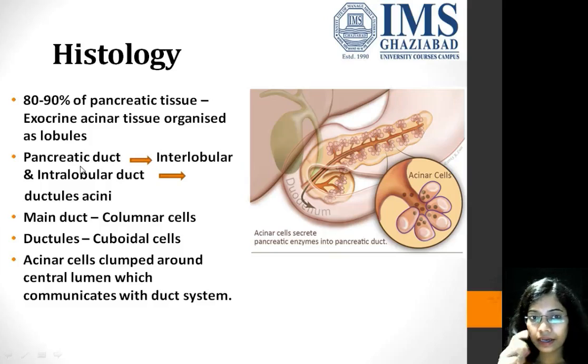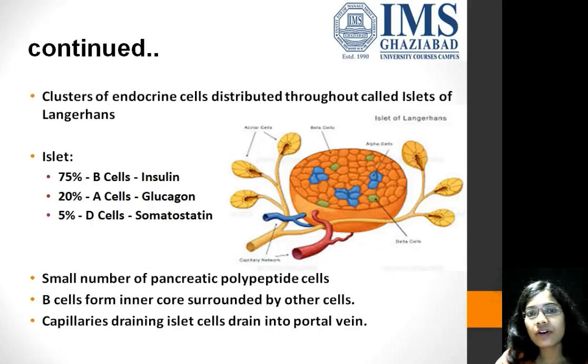like the pancreatic duct forms interlobular and intralobular ducts, and then comes to ductules and acini. The main duct is composed of columnar cells, whereas ductules are formed of cuboidal cells. Acinar cells clump around a central lumen, which communicates with the duct system. Clusters of endocrine cells are distributed throughout, called